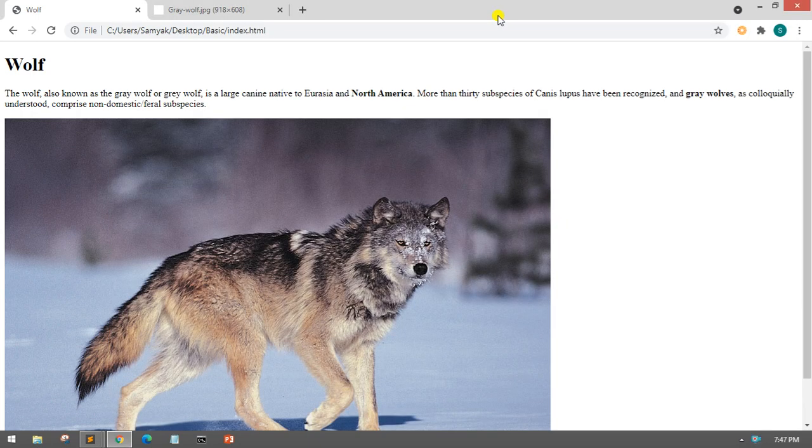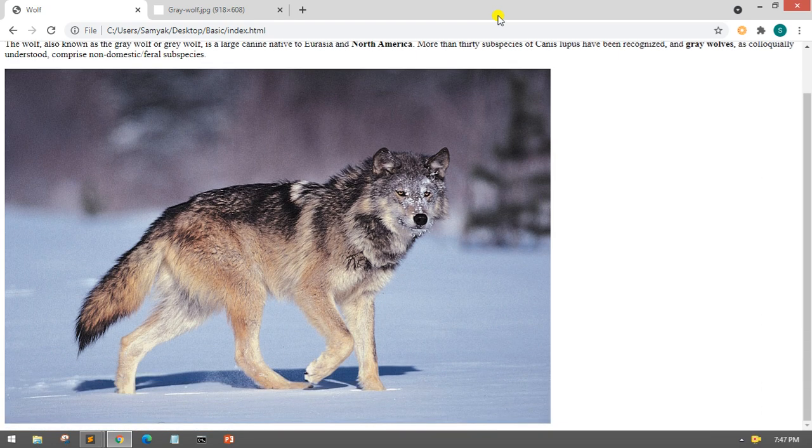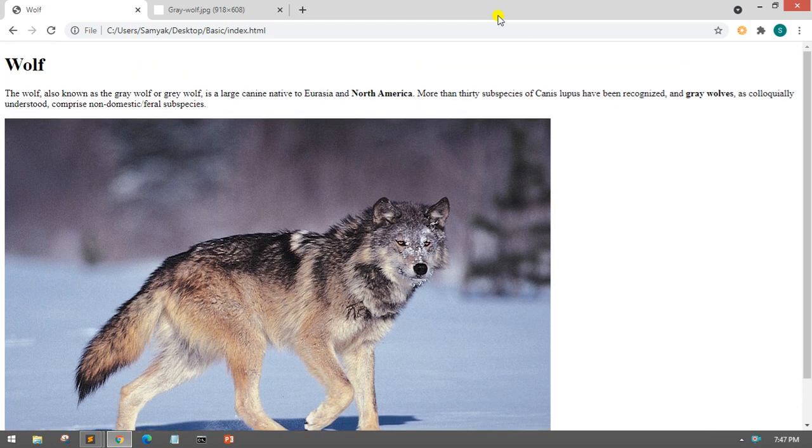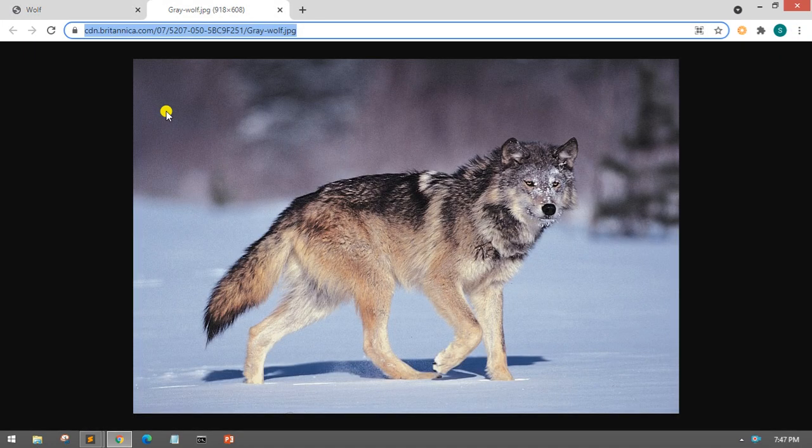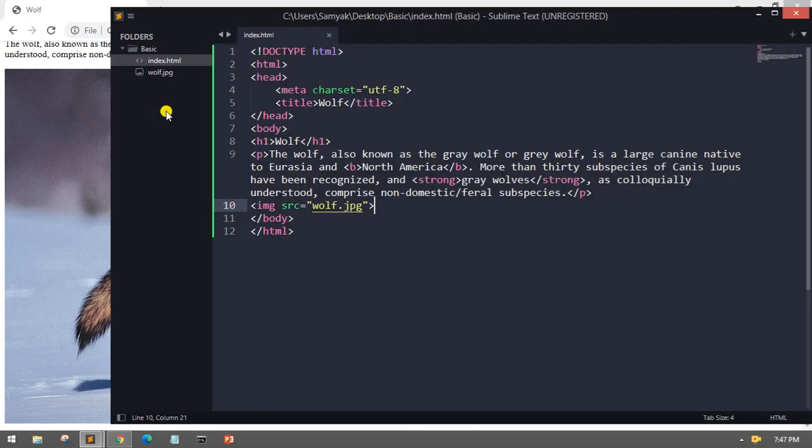Now over here, there you go. You can see this wolf is there and everything is there. Now what I want is a button at the bottom. Here I want a button which says learn more, and it links to a Wikipedia website about wolves. To do this, what I'll do is come here. Okay, first I don't need this image, so I'll close it. Now I'll come here and write a button. Now you can do it with button, but